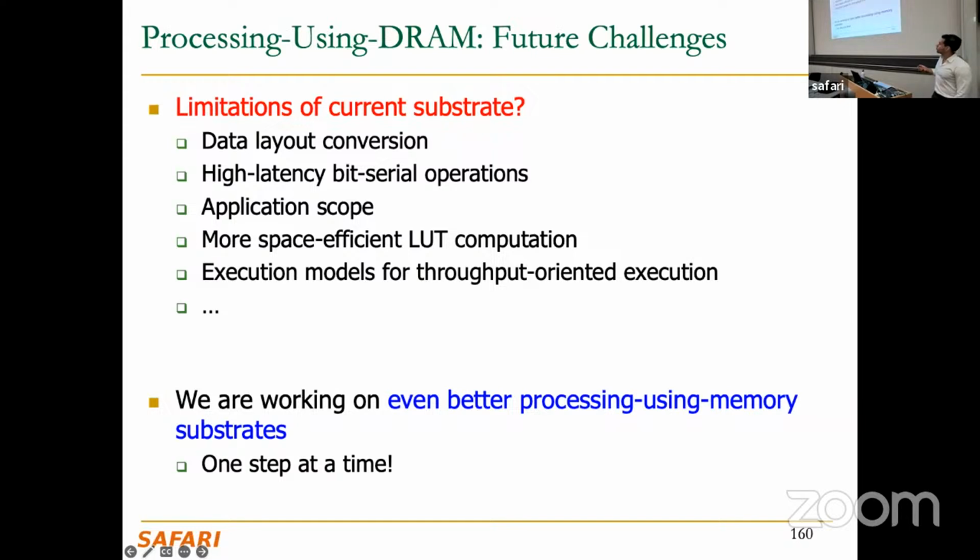We also need to do more space-efficient LUT computation. The way that we are doing the LUT computation in PLUTO is by taking the lookup table and indexing it directly, right? So this means that the size of the lookup table is going to be limited by the size of your DRAM subarray, which is not good. So if the bit width of your lookup table starts to increase, then out of the blue, you're not going to fit into a single DRAM subarray. One way of solving that is by hashing. So you can hash the input and then map that hashed input into the DRAM subarray itself.